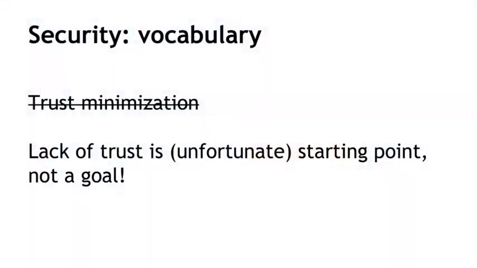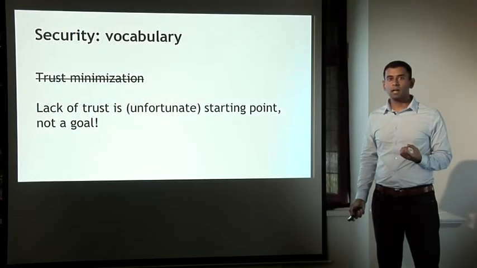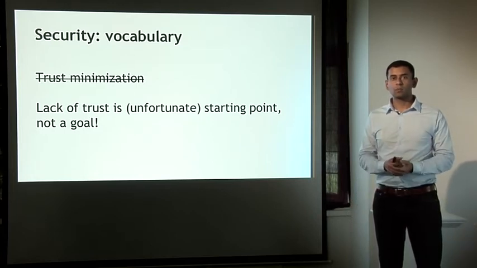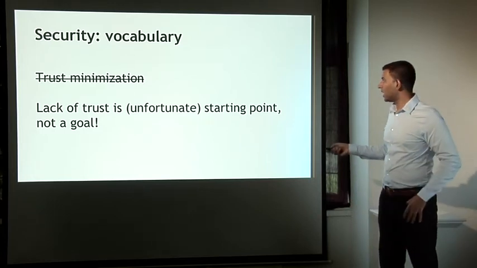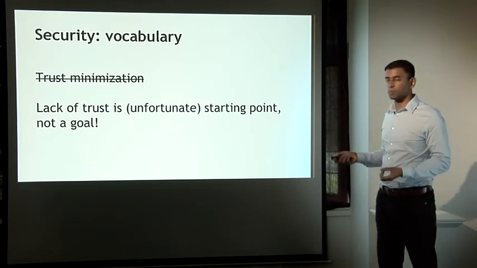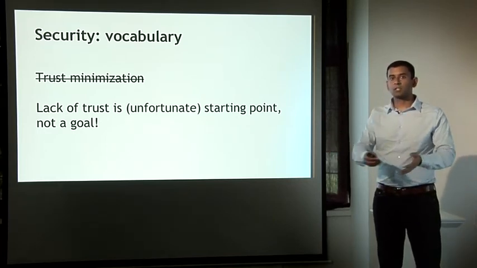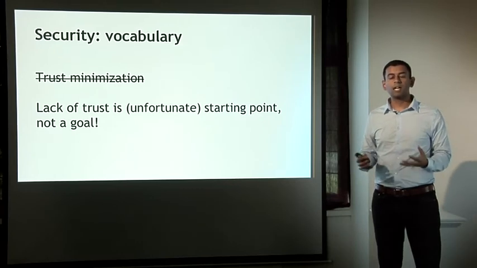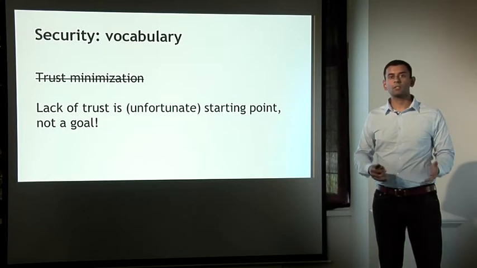Okay. One little thing that I want to point to is that in terms of the vocabulary of security, some people use the term trust minimization. I don't like this term at all. I feel that there's often a confusion between two things. One is the fact that cryptography is often used in contexts where, unfortunately, there's not much trust between entities. So the lack of trust is a starting point and cryptography is a solution. This often becomes confused with, oh, now we have this hammer of cryptography, let's use it to move to a world where nobody has to trust anyone anymore.